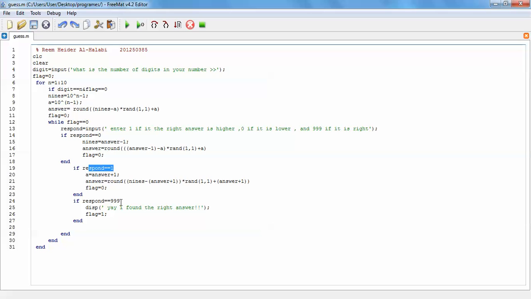If you responded with 999, it will display "yay, I found the right answer," and then flag will turn to 1, so this loop will stop, and also this part here will stop. So it won't give other answers, it won't ask you again, it will just stop working. So that's basically it. Now the trick here that I wanted to tell you about, the one last remark, is that